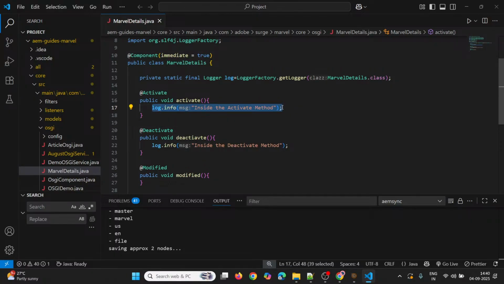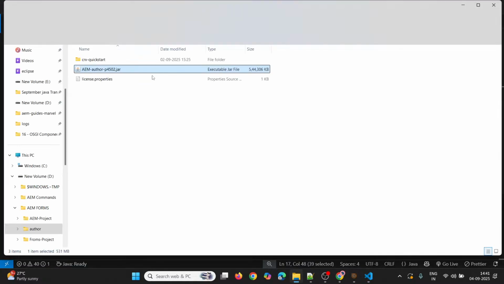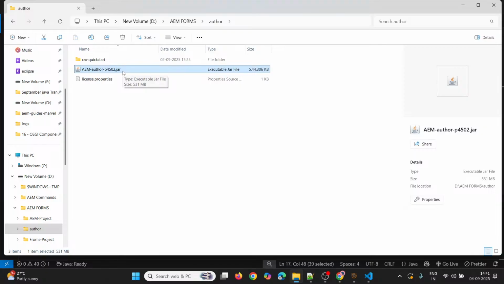So now we are writing these log messages. Where can we find these log messages? The loggers are stored in your jar file. So go to the folder where you have created the jar file, and then here we have an